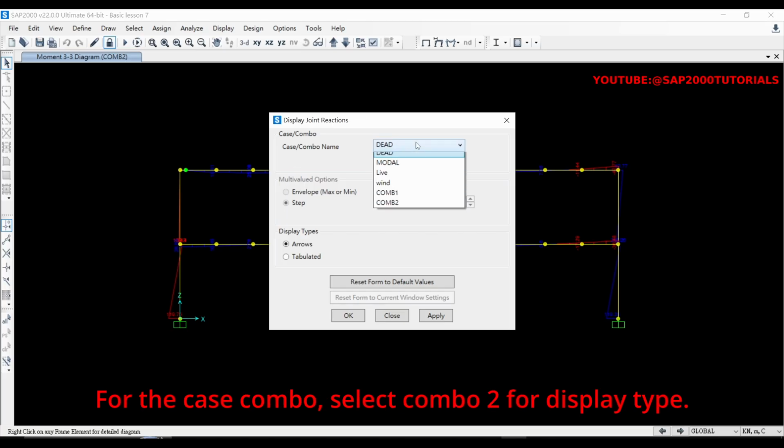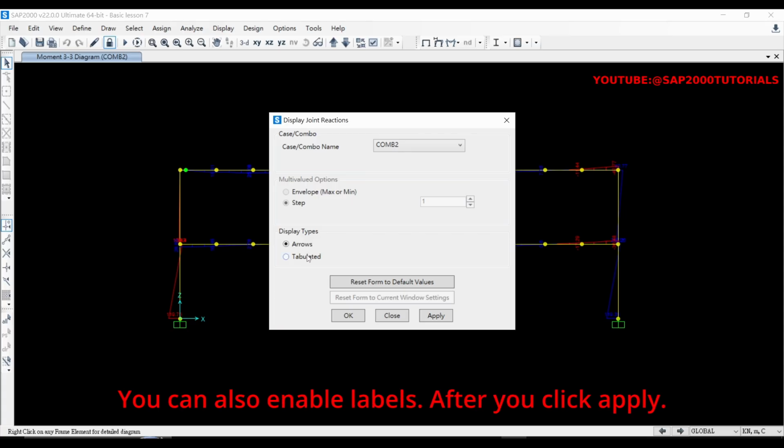For the case combo, select Combo 2. For display type, choose Arrows. You can also enable labels. After you click Apply,